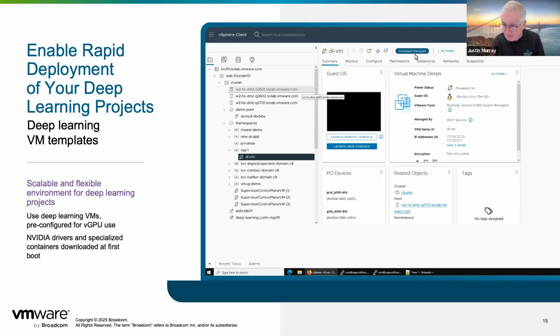It could be sharing those GPUs, and that's very common in inference mode in particular. So this allows me to treat the AI workload in a virtual machine just like every other workload that I've been managing for many years. It's just virtual machines under the covers, even when it's Kubernetes. And the GPUs are added to the VM in an automated way, and they're represented as virtual GPUs. This is a technology that comes from NVIDIA, but VMware works with them closely on the engineering of the virtual GPUs. We'll say more about that later on.